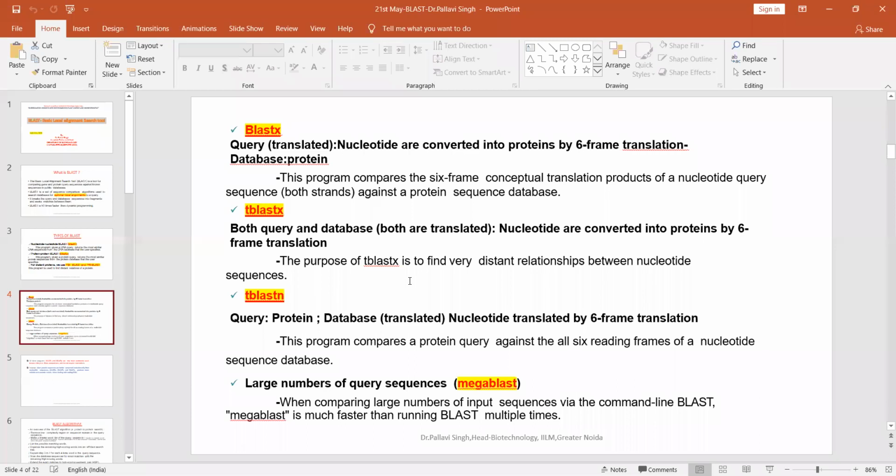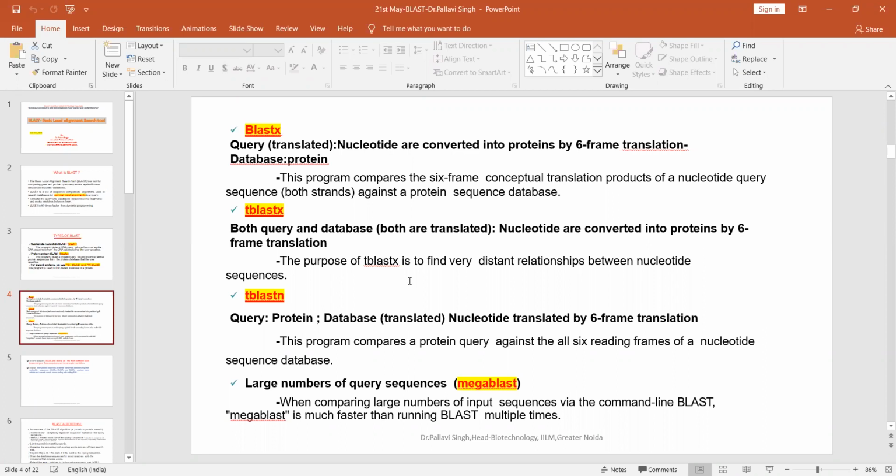So BLASTX is a tool where my query sequence is a nucleotide, but it goes through 6-frame translation into different proteins, and then those proteins are searched against the database of proteins.